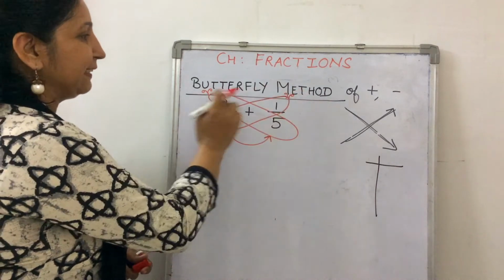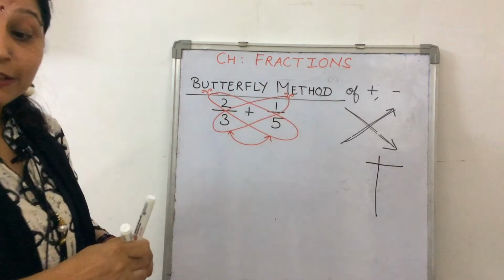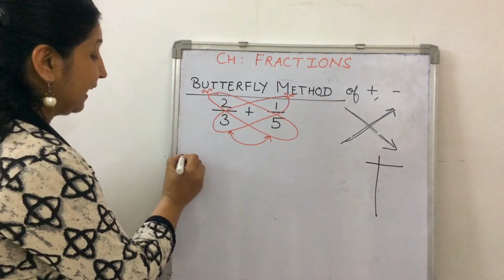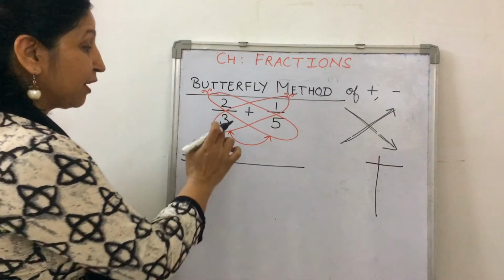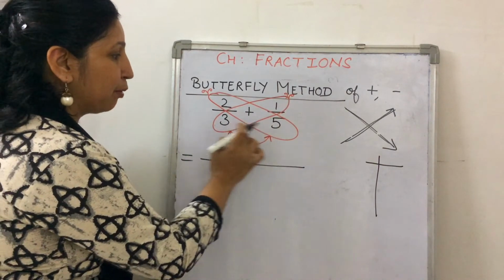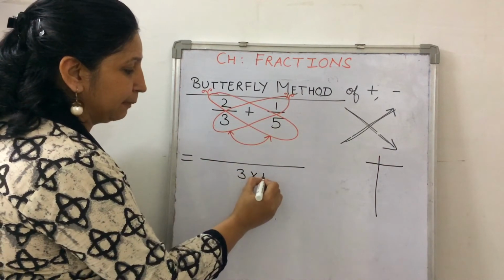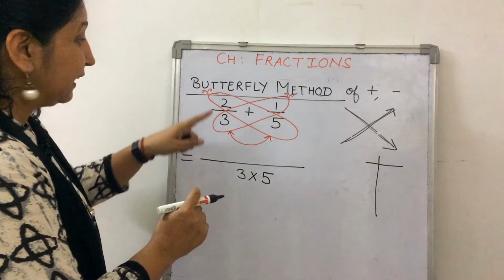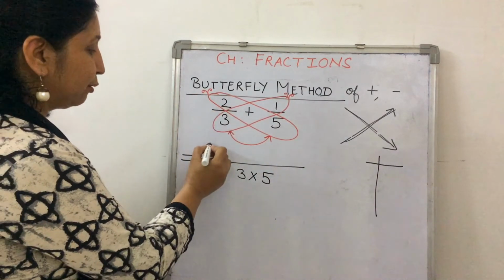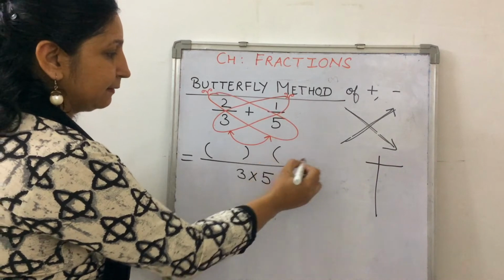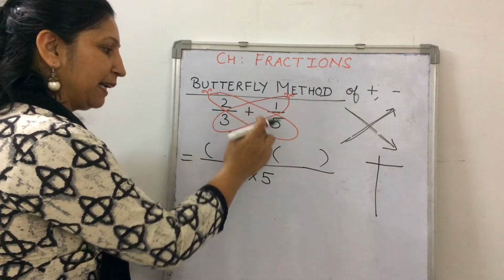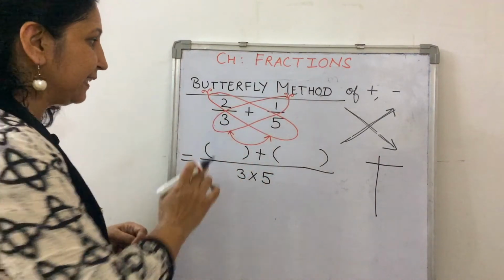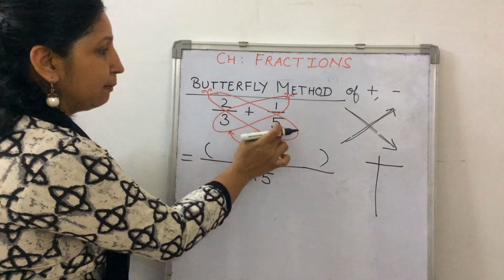Now the next step says that this is your numerator part, this is your denominator. In the denominator we write both the denominators with multiplication. In the numerator part we make two brackets, with plus in between. If minus is there, we will write minus. Now this 2 will be multiplied